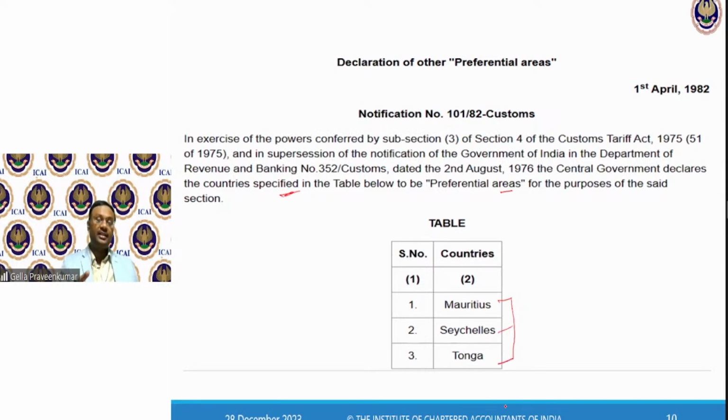Here, the rules are also formulated so that a mere declaration from, say, Namrata that she has a factory in Mauritius is not good enough. For a moment, suppose Namrata has an office of 10 by 20 square feet. In 10 by 20 square feet, do you think an industry can be set up? Do you think a process can happen? All these instances are examined on the field by a field formation.